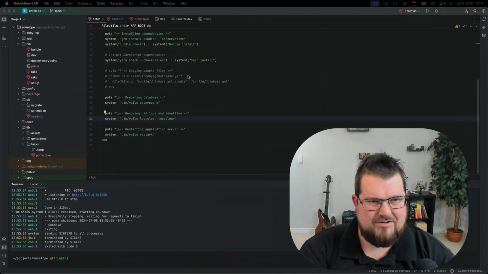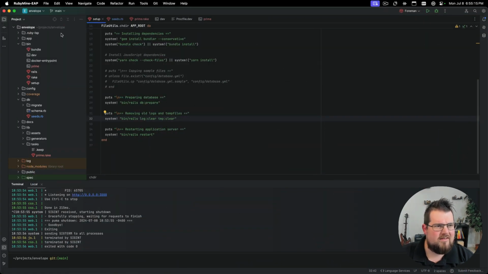Having a good system in place for your Rails app to get up and running can make it a lot easier to get going. There's a few things that are built in and a few things that we can add to a Rails application to make onboarding new people or switching to a new computer a lot easier. So looking at a side project that I've got,